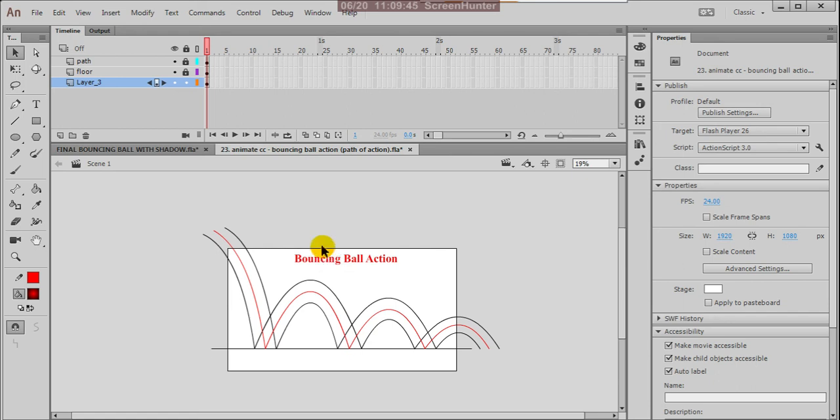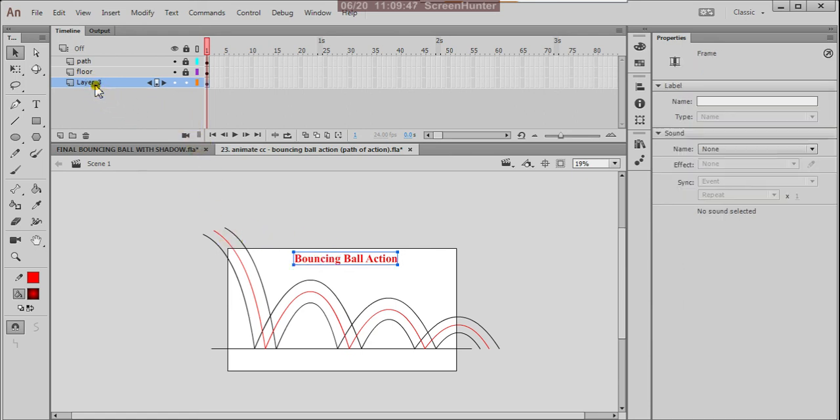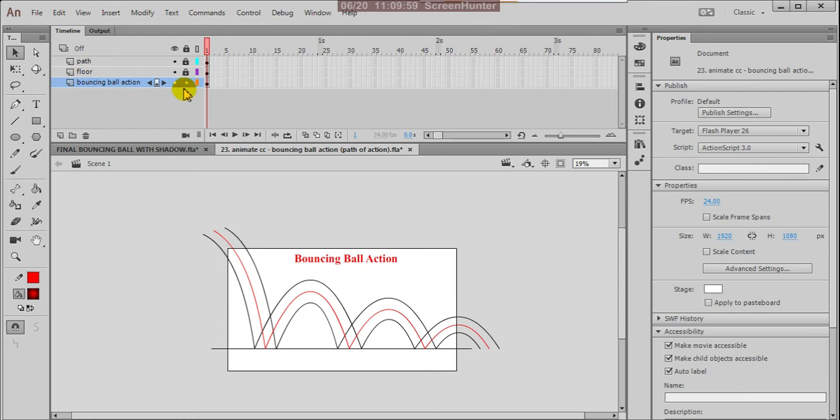Now you can save this. Bouncing ball action text. Now you can lock. So Control S.